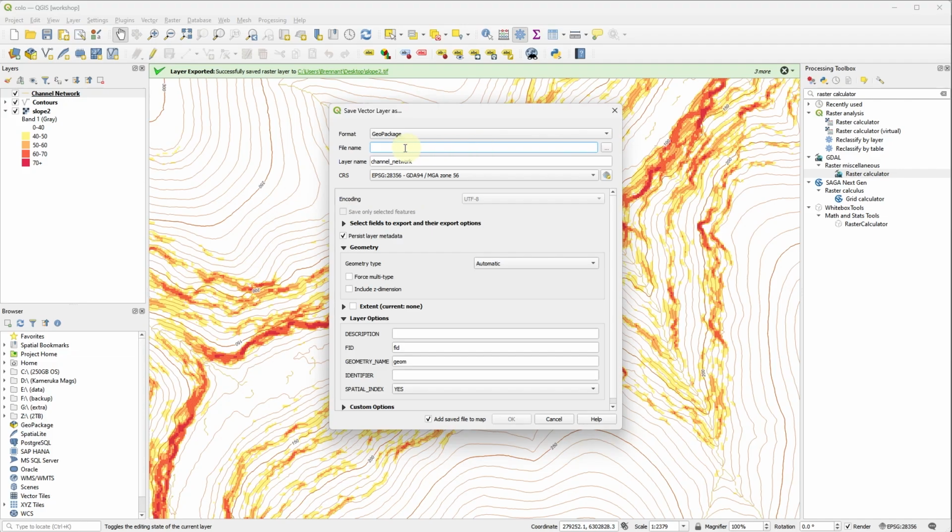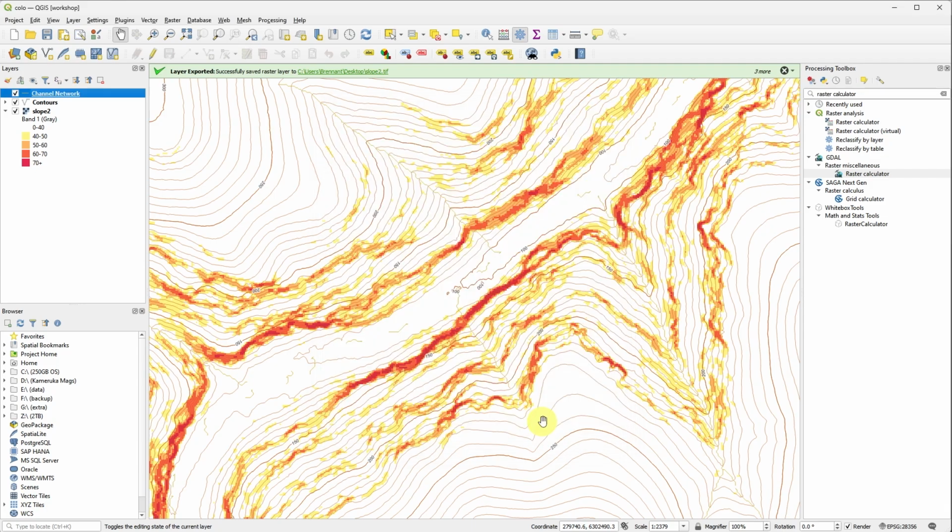So for example, here you can use the same file, but you just need to use a different layer name. So you can save the streams as streams, contours as contours, and slope as slope. That way you can have one GeoPackage file called colo.gpkg with 3 layers, streams, contours, and slope, and then your